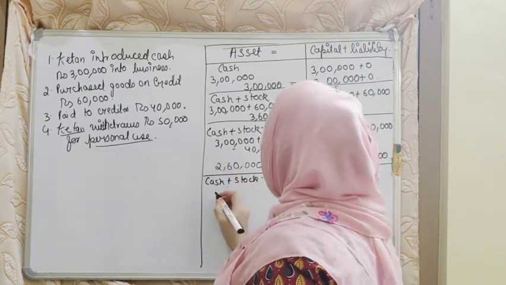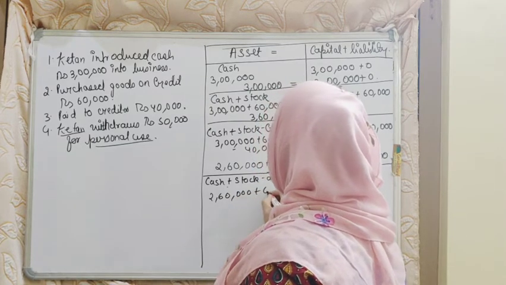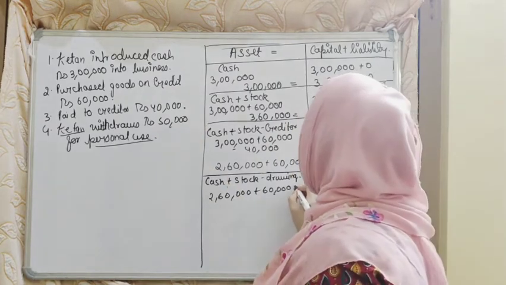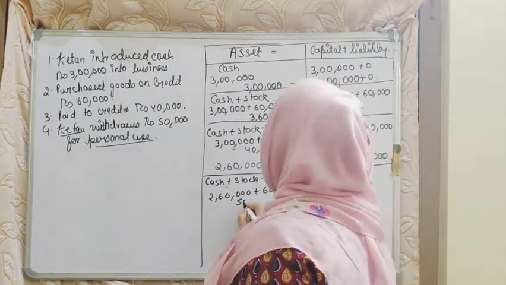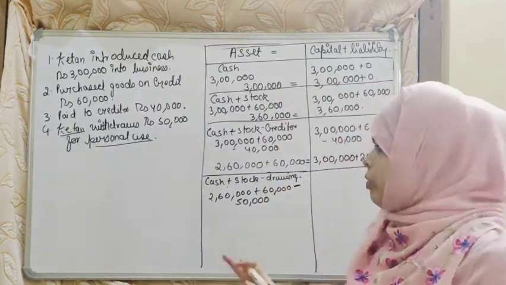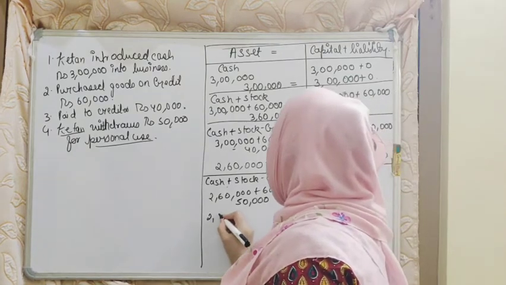Having an amount of 2,60,000 plus 60,000, and drawings is made of rupees 50,000, so we will subtract 50,000 rupees from the cash amount, that is 2,60,000. So we will get the amount of 2,10,000